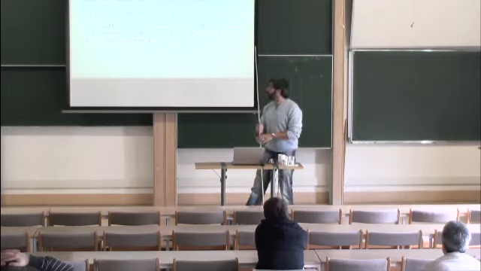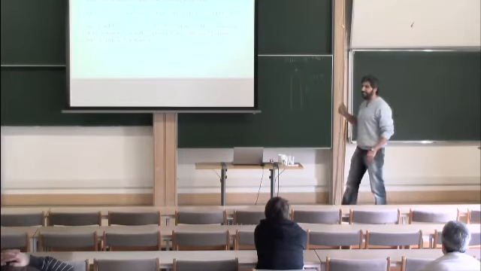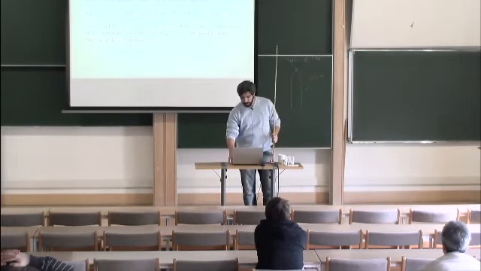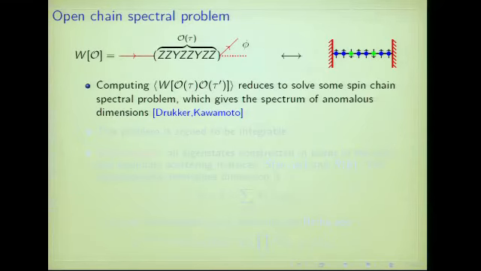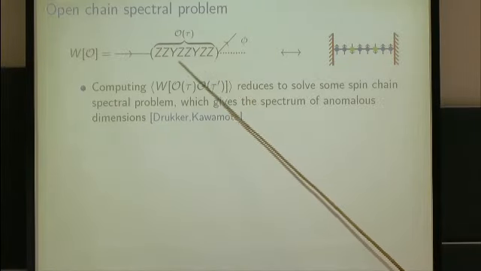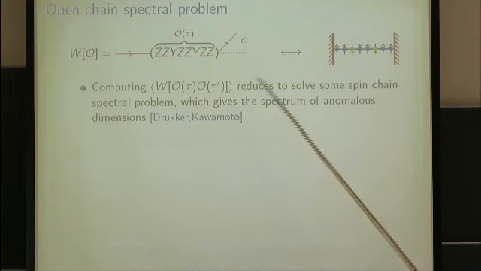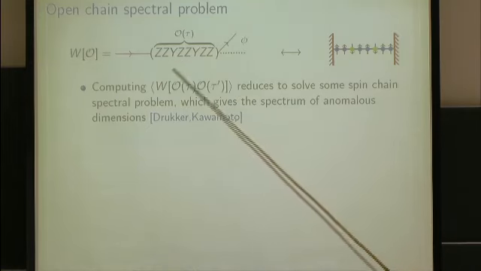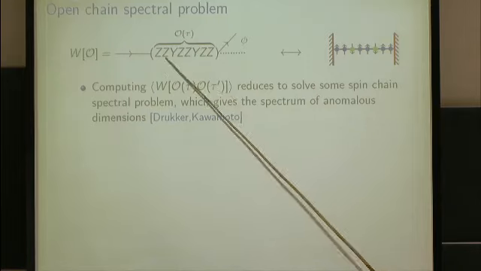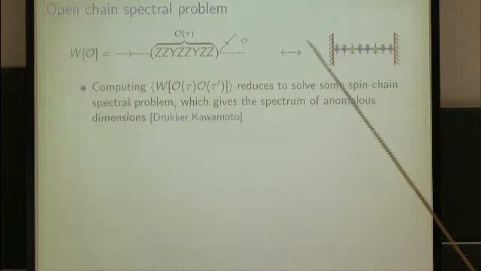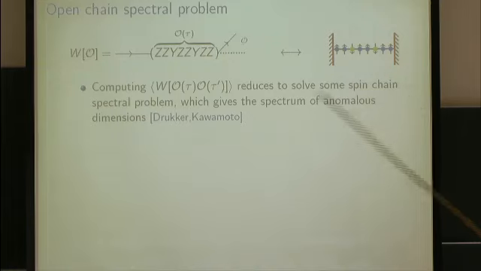So I don't know, if there are no more questions, I'm going to go with a more technical description. As I said, instead of considering just a Wilson loop, I'm going to consider this deformation by inserting some operator at some value tau of the parameter. And as is done for instance for single traces, you can identify different Wilson loops with different insertions by different states of an open spin chain. For instance, in this case, whenever you have a Z field, you have a spin up. Whenever you have a Y field, you have a spin down, and so on and so forth.